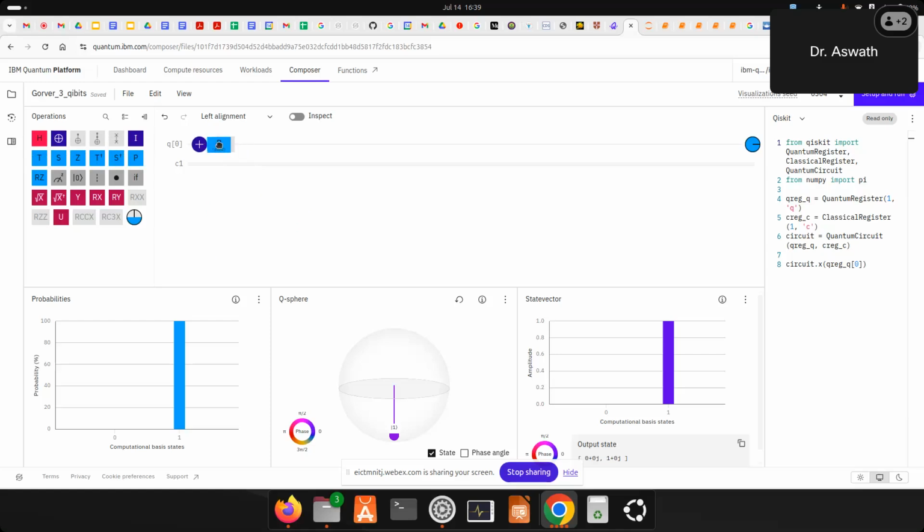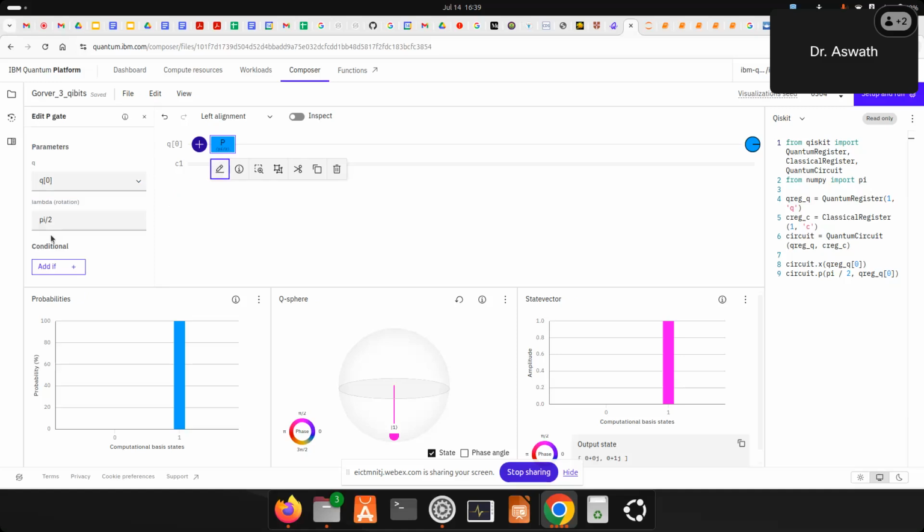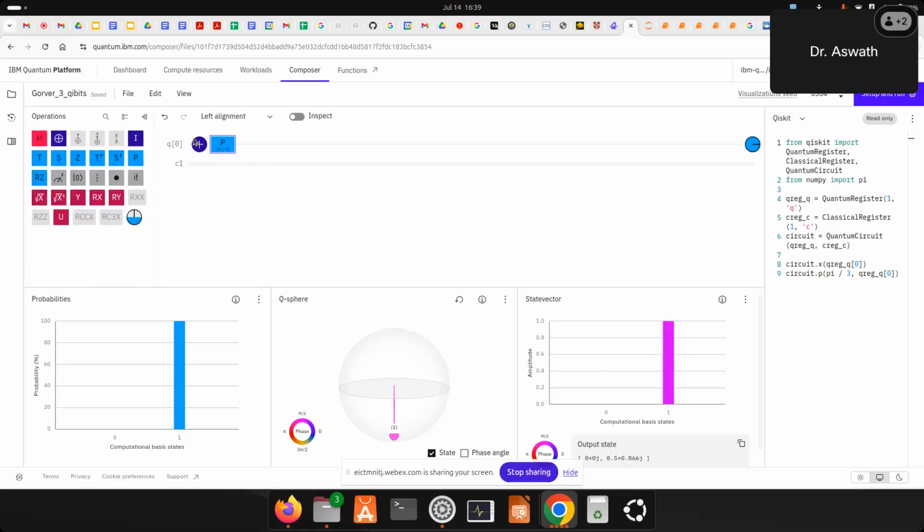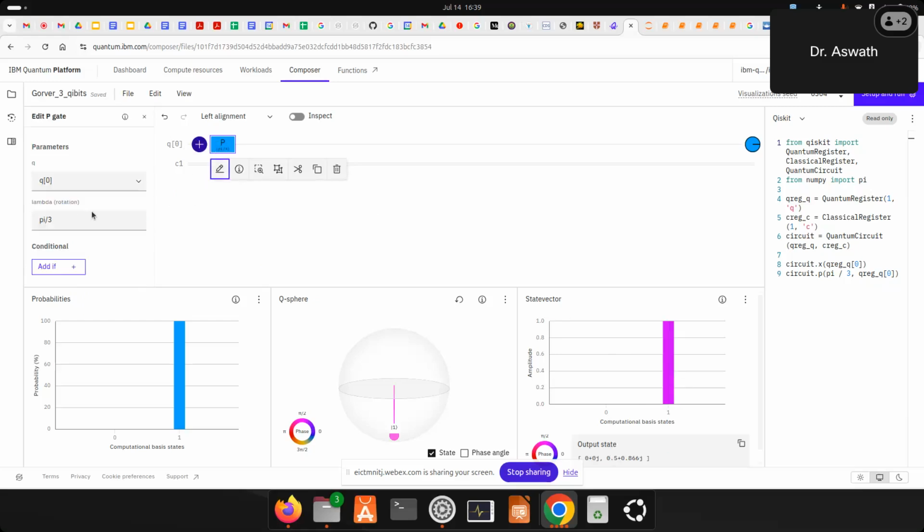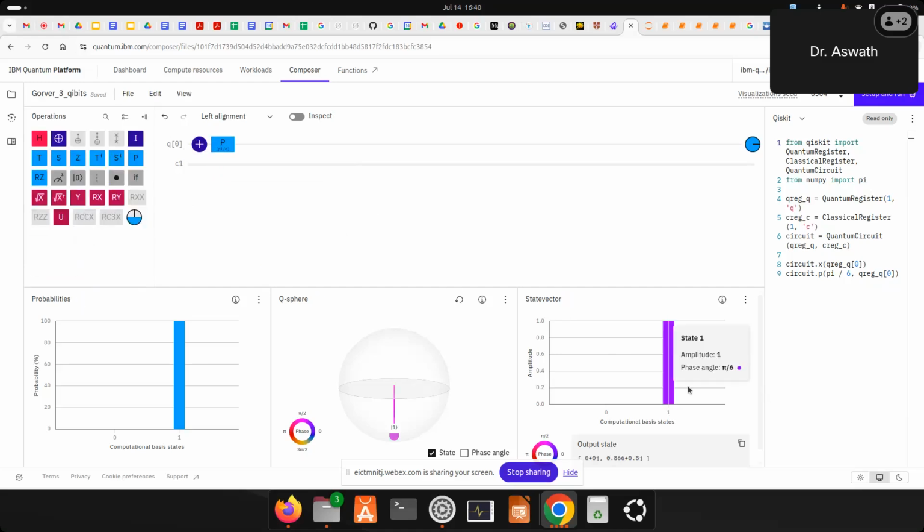Okay. What it does is, see, Z is inducing a phase of pi. Na? Let's say I want to induce some other phase. I don't want a pi phase. I want to change to some other phase. So that is what you can do yourself by editing. So here a pi by 2 value is there. Let's say I want to induce a phase of pi by 3. So you can do that. Any phase you want to induce, you just use a P gate, which is editable. You see pi by 3 phase is induced. Not only that, you can play with anything. You just see, pi by 6. Okay, see, it induces a pi by 6. Okay, that is what the P gate is.